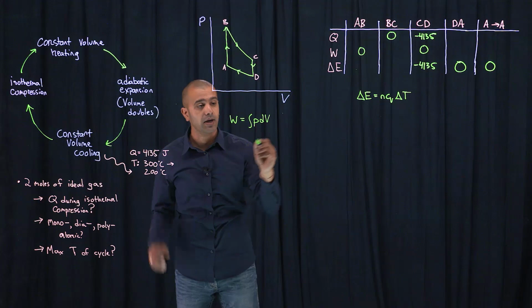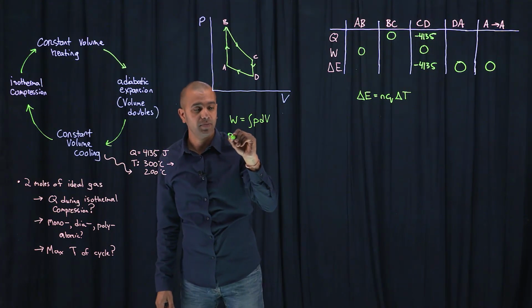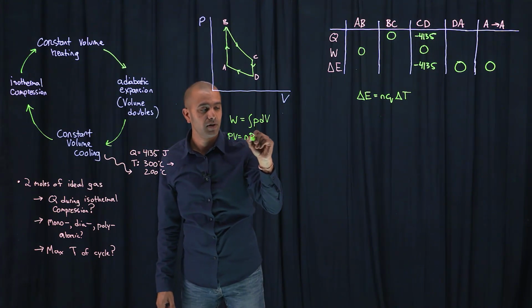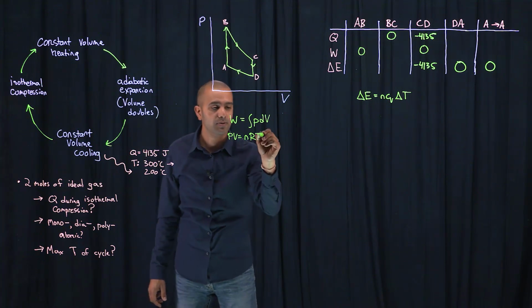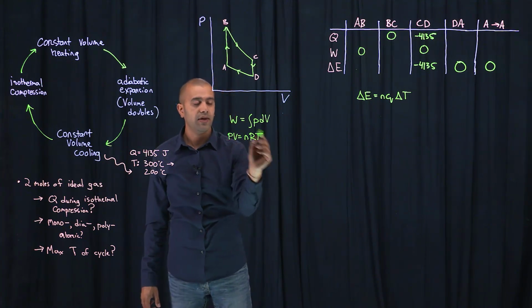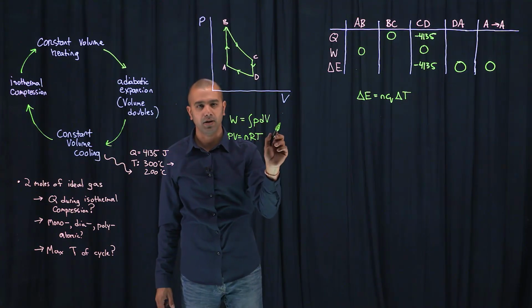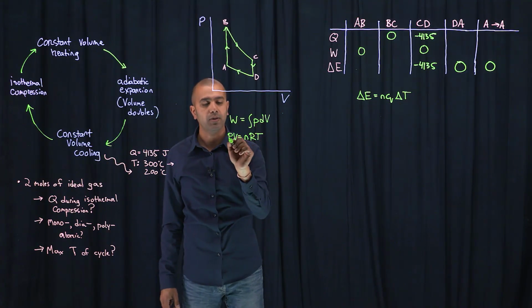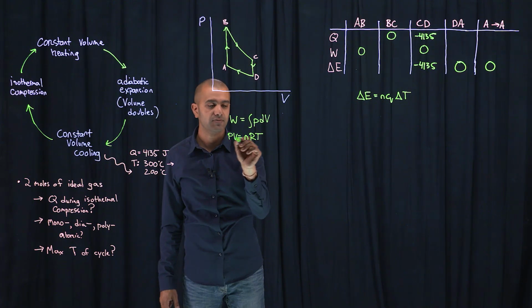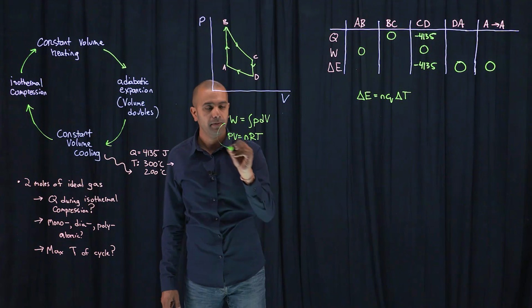Now for an ideal gas, we have PV equals nRT. This is why the ideal gas part helps us out, because we have some extra information. For the ideal gas, we can plug this in here. Notice in this integral we have two variables, so we can't integrate yet. However, we can get rid of the P in favor of V by solving this for P. So P equals nRT over V, plugging that in, we get